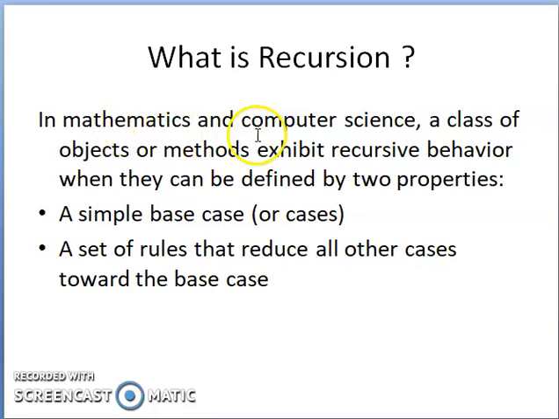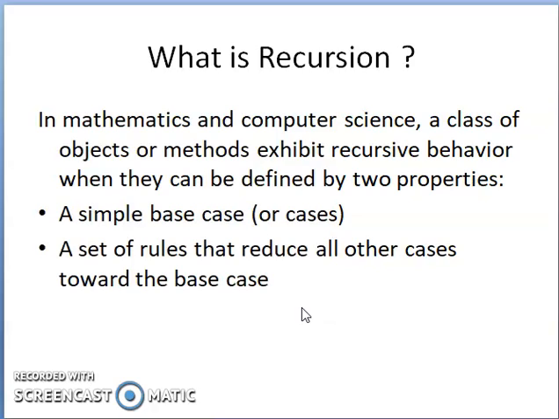Now, what is recursion? In mathematics and in computer science, we define the task in its own terms. That means there is a function which calls itself again and again. Now, when the function calls itself again and again and performs the same set of operations, what is the catch here? The catch is that we have to define a base case. That is when the function will not call itself and returns a simple value.